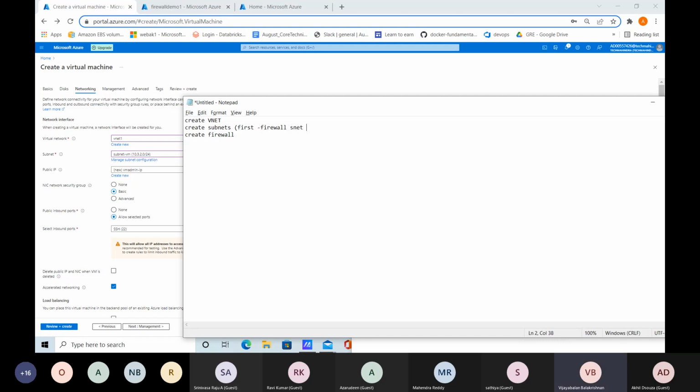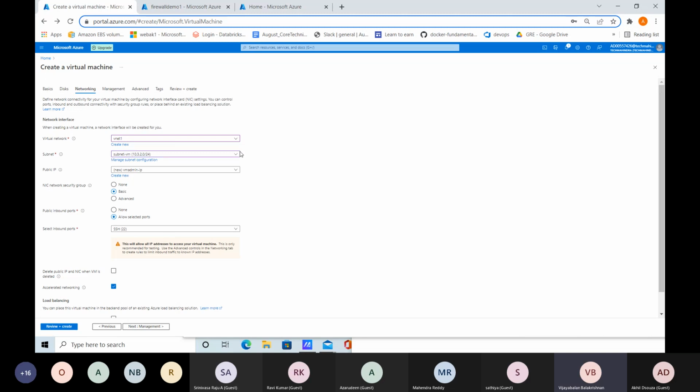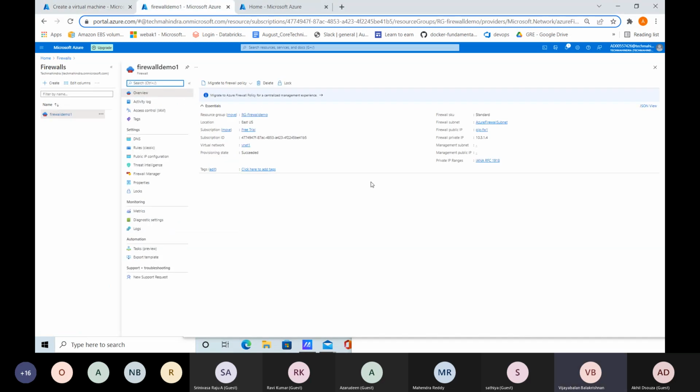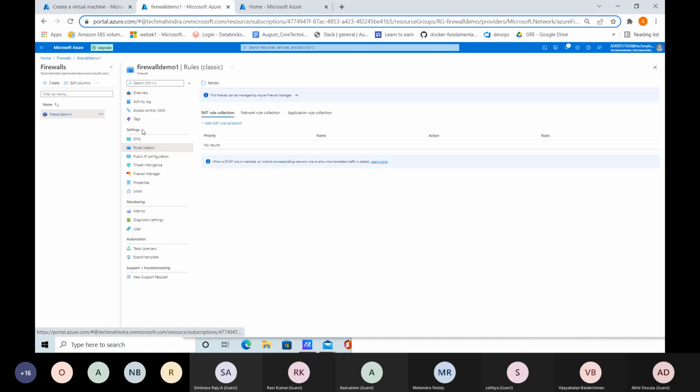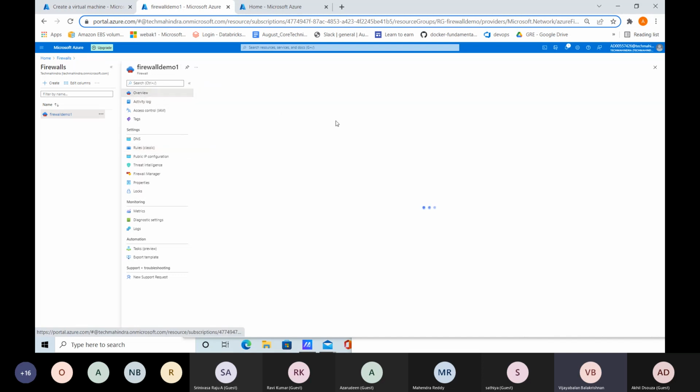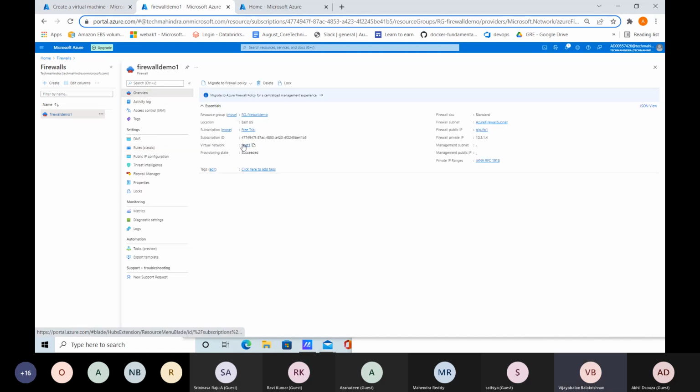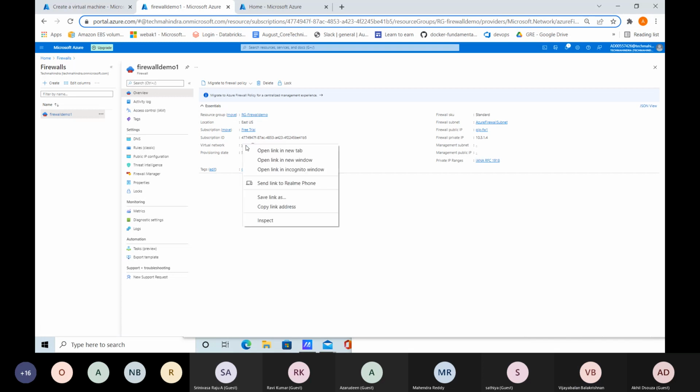Firewall subnet you already created, that is reserved, correct? If you go back to your firewall, the second tab, further you can create n number of subnets for actual resources. You go back to your firewall demo 1, the next tab. You go back to the second tab. Yes. Can you go back to the networks, whatever you created now, subnets? Go to overview. There is a VNet 1, right? Overview. Click VNet 1 virtual network. Yeah, click. No, click this. Click here itself.